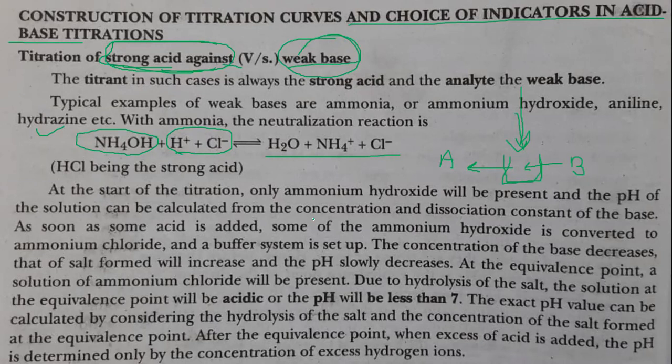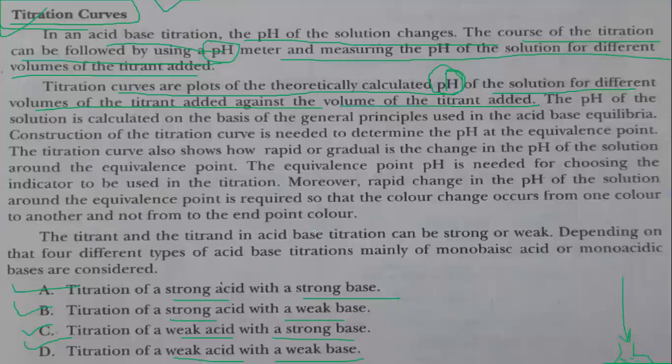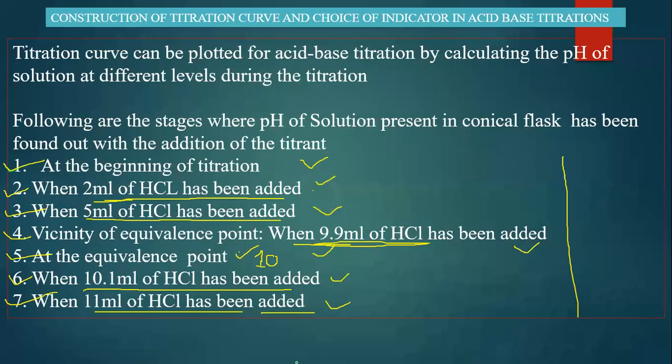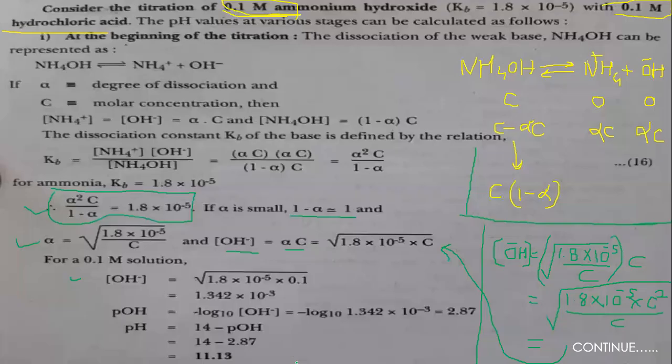And from the corresponding pH value, we are going to plot a curve, that is your titration curve for the strong acid and weak base. As we have seen, there are 4 titration curves, right? See here: strong acid, strong base; strong acid, weak base; weak acid, strong base; weak acid, weak base. So we are looking for the strong acid, weak base curve. Okay, now see,